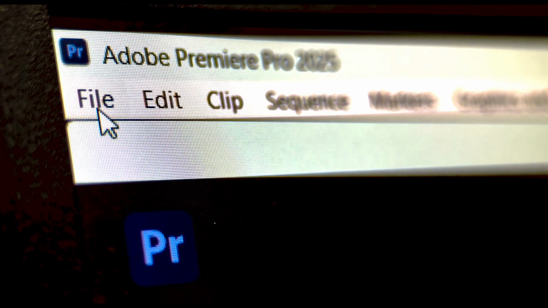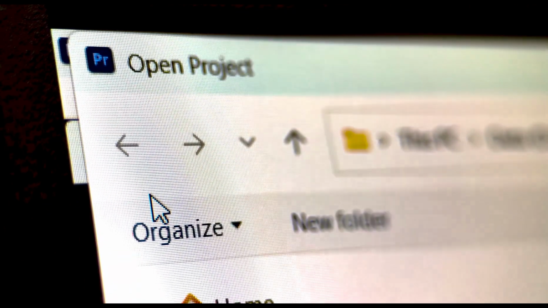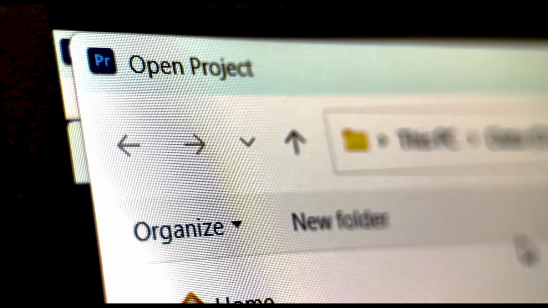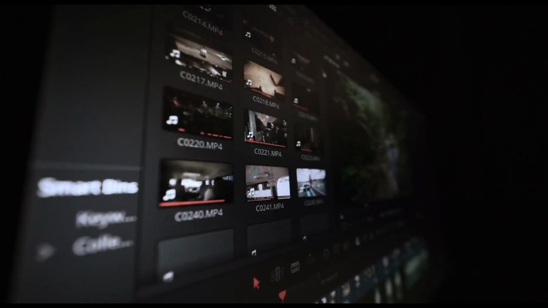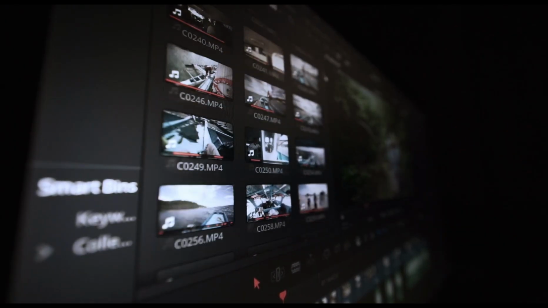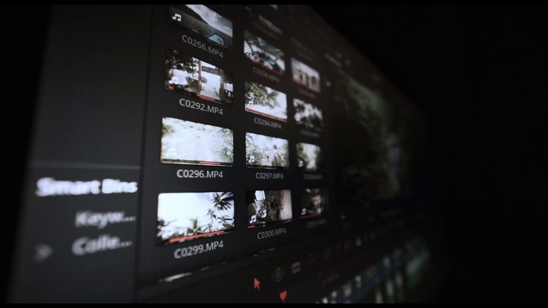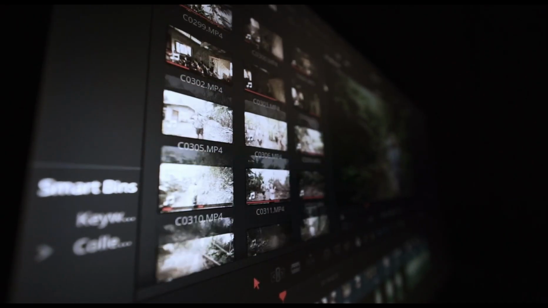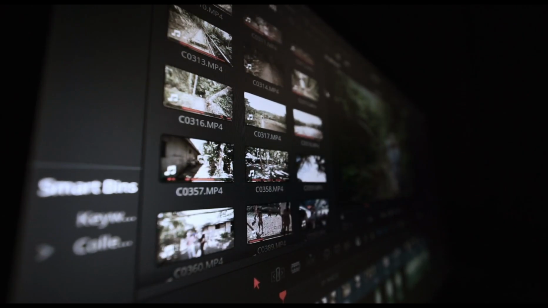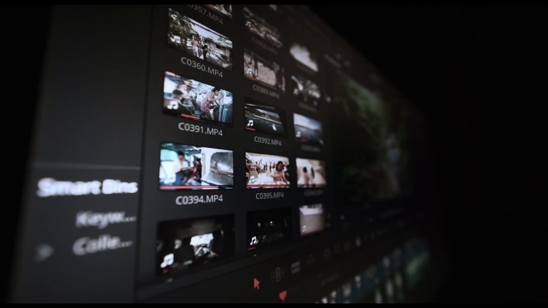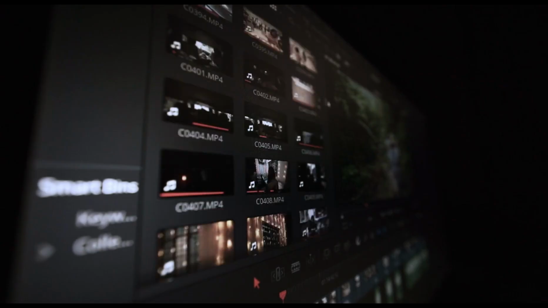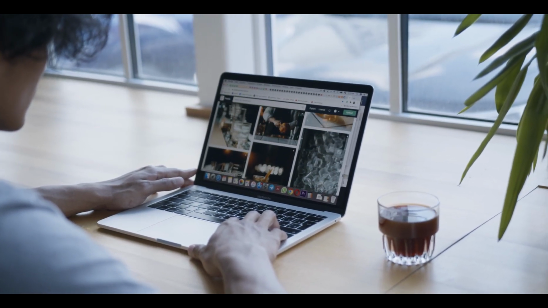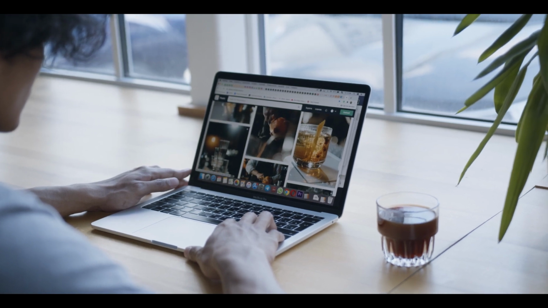The search terms that work best are descriptive and specific. Not just office, but confident person working laptop home office. Not just technology, but artificial intelligence computer screen glowing. The more specific the search term, the better the quality of the results. Download 3 to 4 clips for every section of your video and pick the best one during the edit. This takes slightly longer up front, but makes the editing stage significantly faster because you are not stopping to search